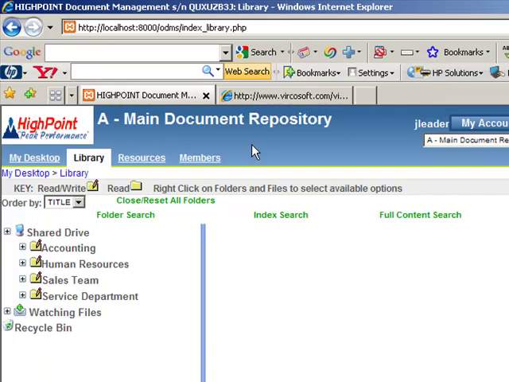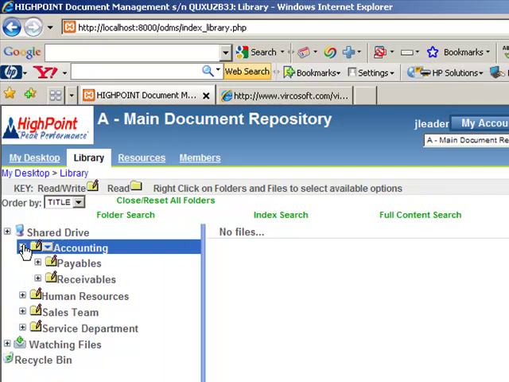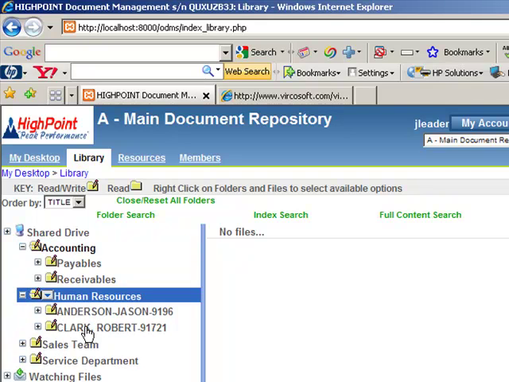When I first come into the library, you're going to see that I can close and reset all the folders, but when you first come in, they're already closed. Every folder here, we've got a folder for accounting. If I was to open that up with a plus sign there, you'll see there's payables and receivables. And if I open up the human resource, you can see we've got a sample